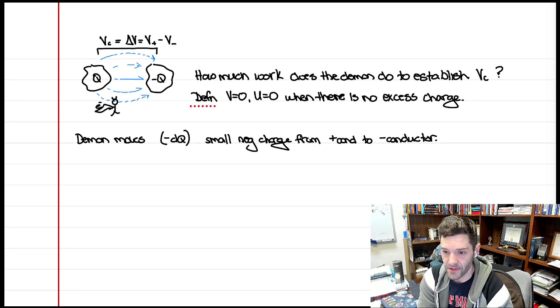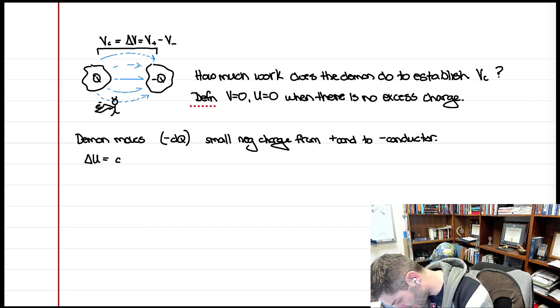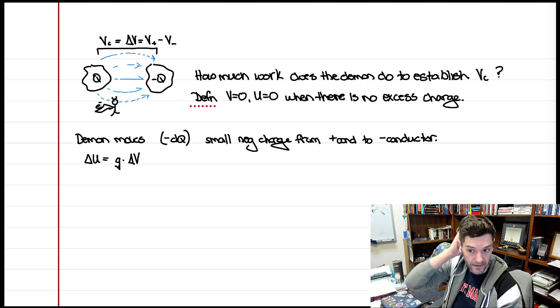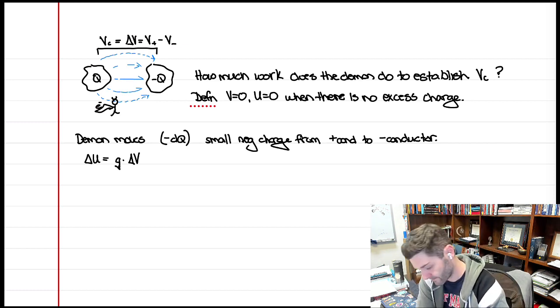So he moves a negative charge across the conductor, and we know that the change in potential energy is equal to the charge